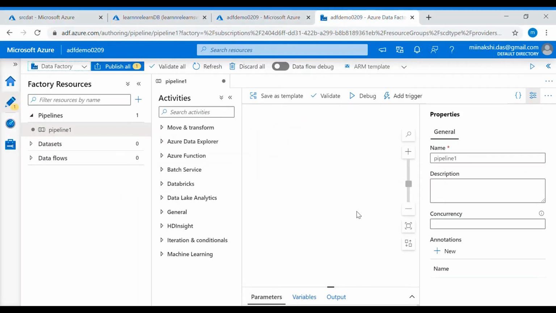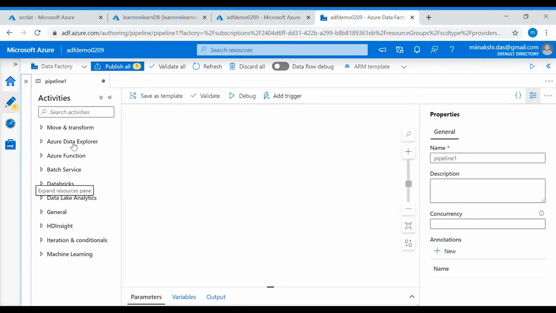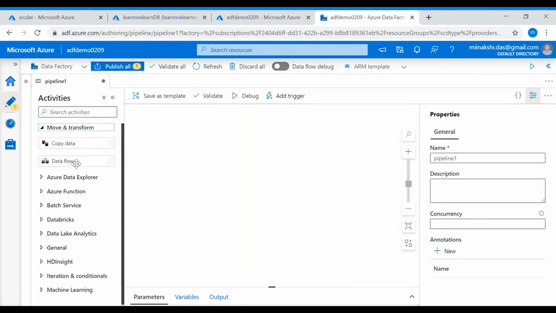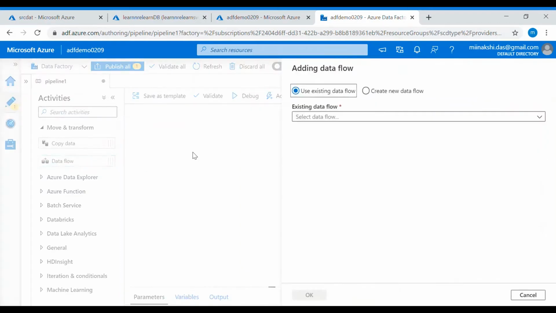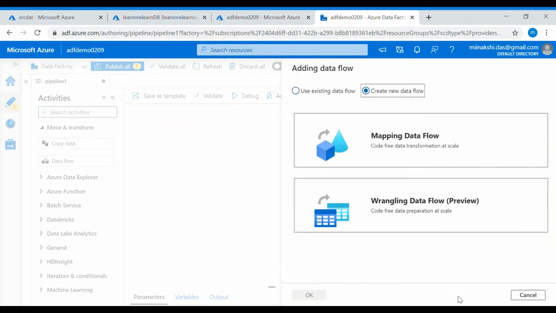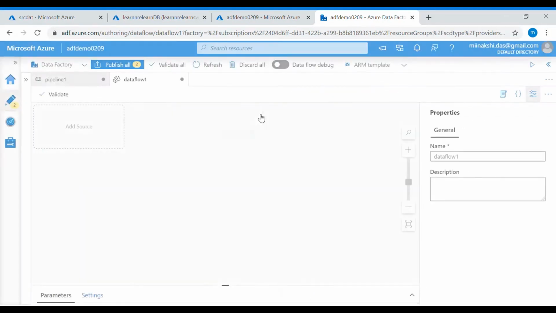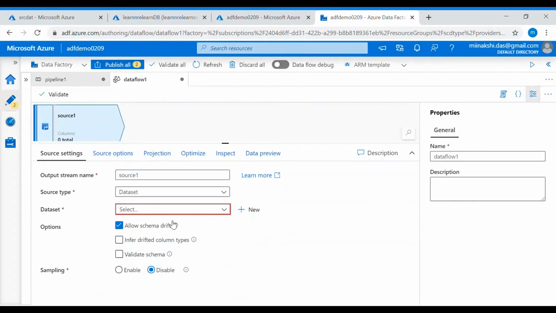Here we will create the pipeline. So these activities we will do using a data flow task. Let's create a data flow. In this data flow, we'll have a source and then we'll have a destination. And first let's add the source. As our source is the blob storage, that is, the employee data present in our blob storage as a CSV file, that will be the source.